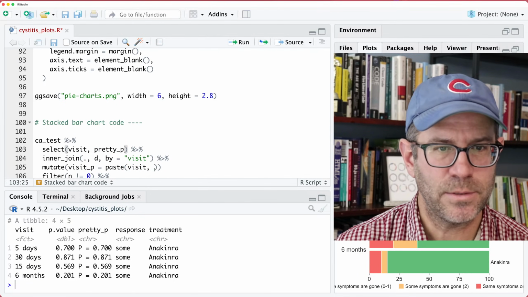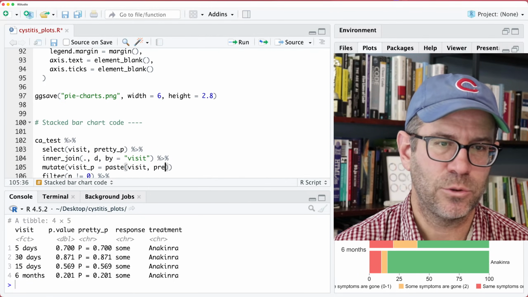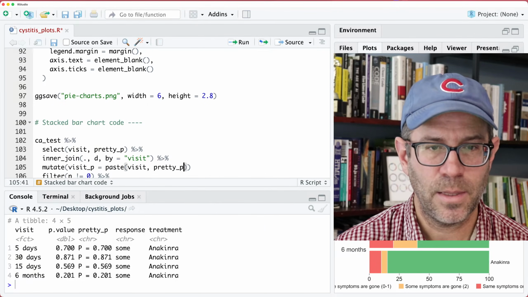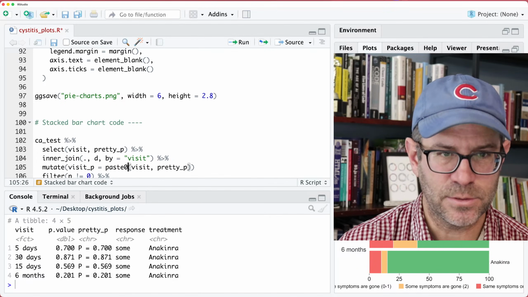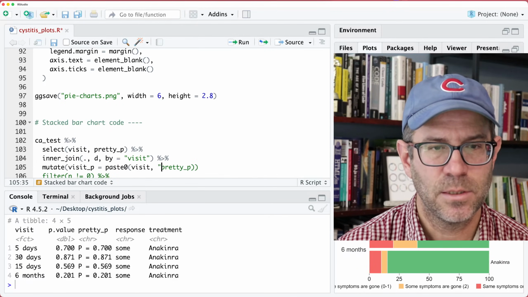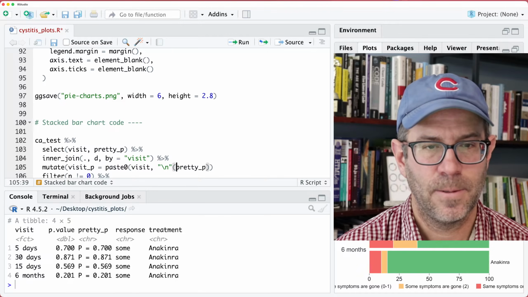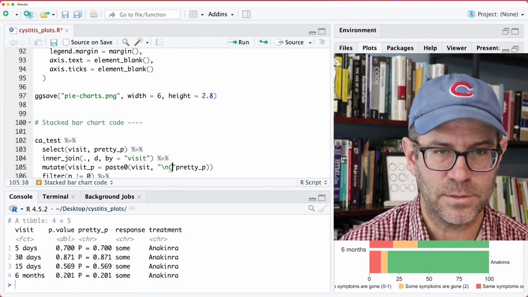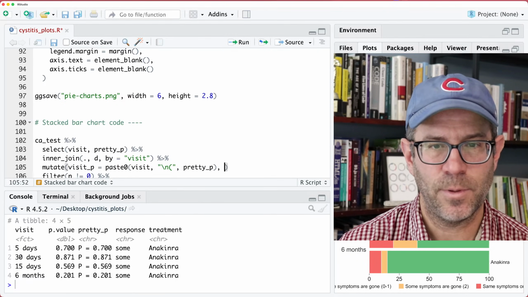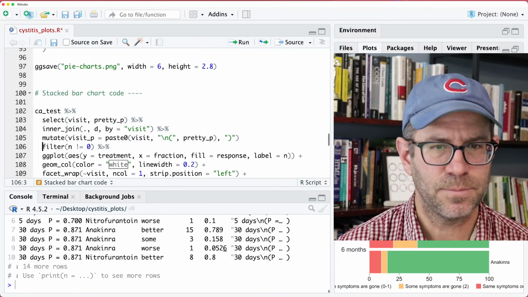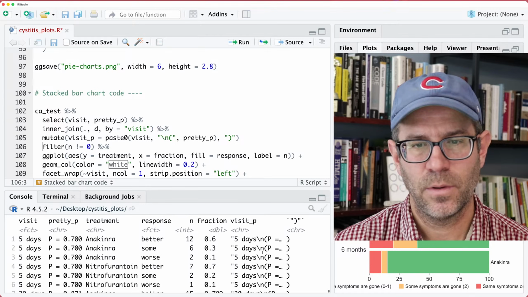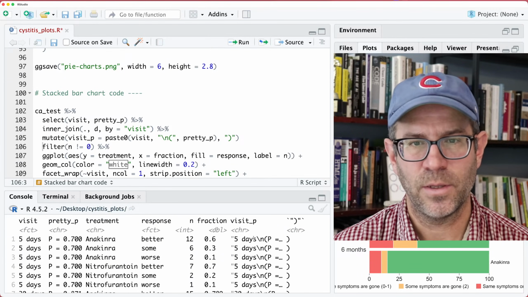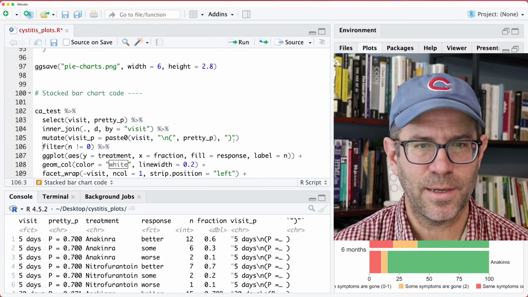Okay, so we'll paste visit, and then we'll do pretty p. Let's go ahead and do paste0, because I'm going to add in some text here. So we'll do \n, open parenthesis, pretty p, and then a closing parenthesis. Now what we see is we have this visit p over here, although it's making an extra column, and I think,